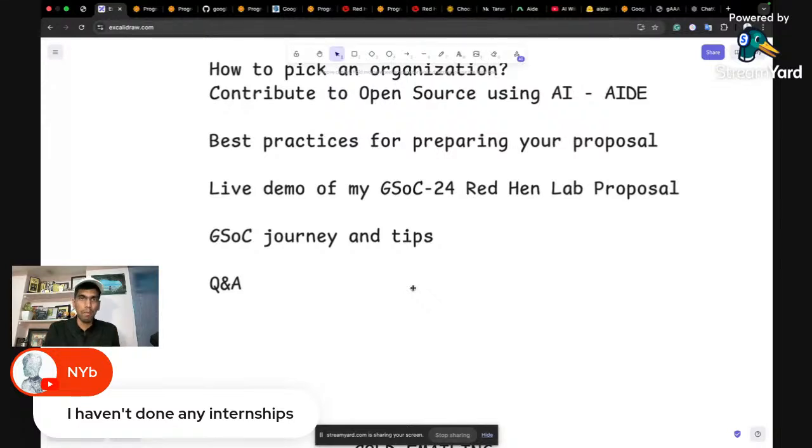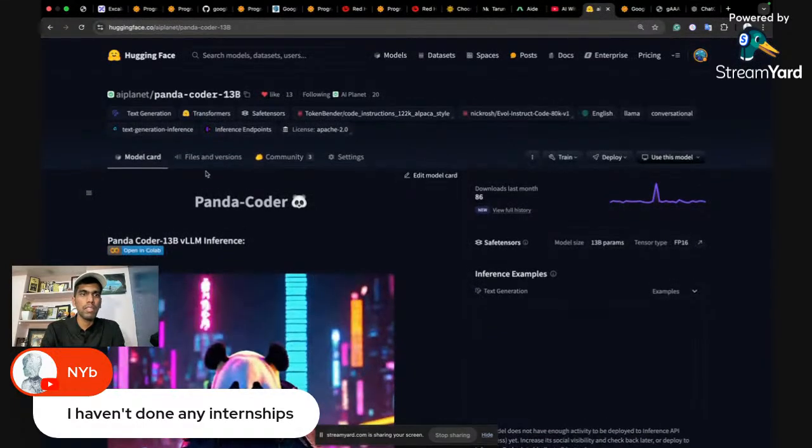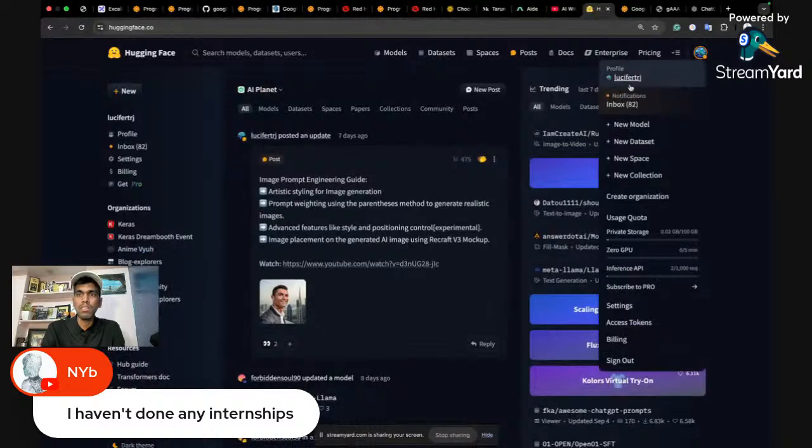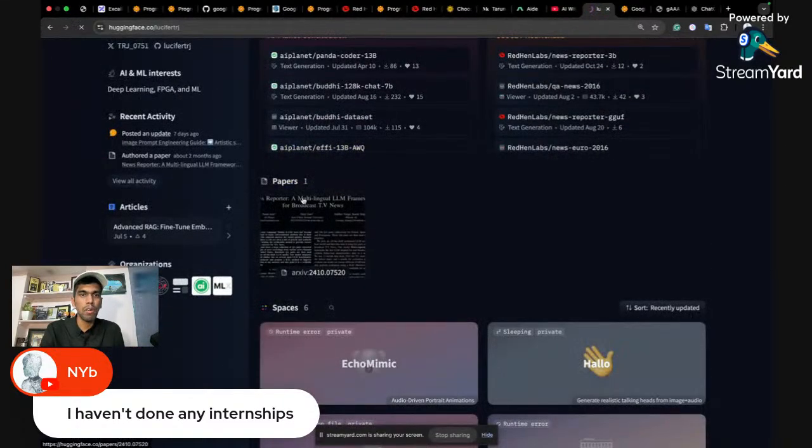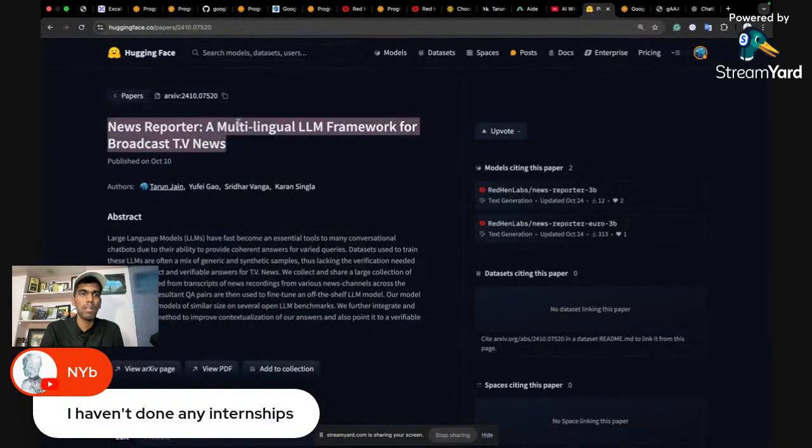If you build something within your GSoC phase, the next thing is you can go to conferences. For example, if I open my Hugging Face account, you see here for our Google Summer of Code, whatever I built, the multilingual LLM, we wrote a research paper on it. So it's not just within the 3 months of time, it's beyond the 3 months of time. So make sure you continue contributing to open source even after you get selected to Google Summer of Code. This way you can get chances to go to conferences and travel around the world free of cost.